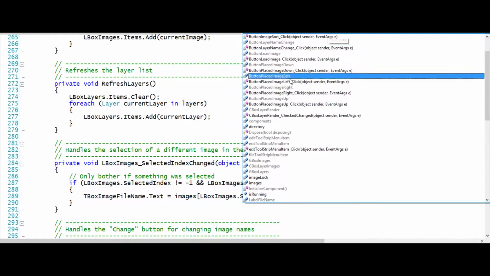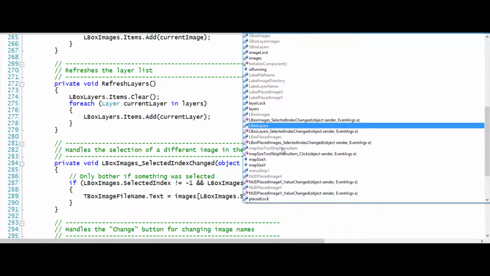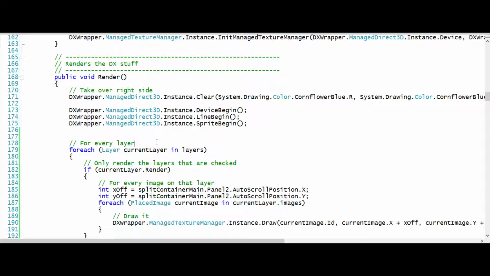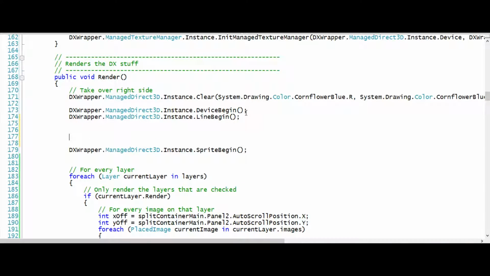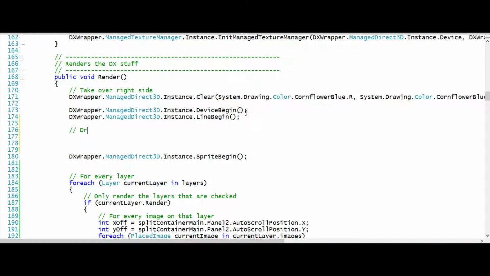To do that, I need to go to my render function. Render. That's for drawing stuff. We need to do it right here. Draw a red box around selected item, selected placed item,